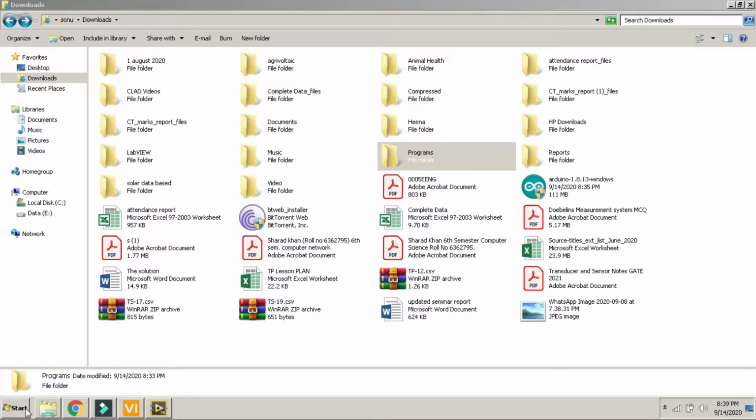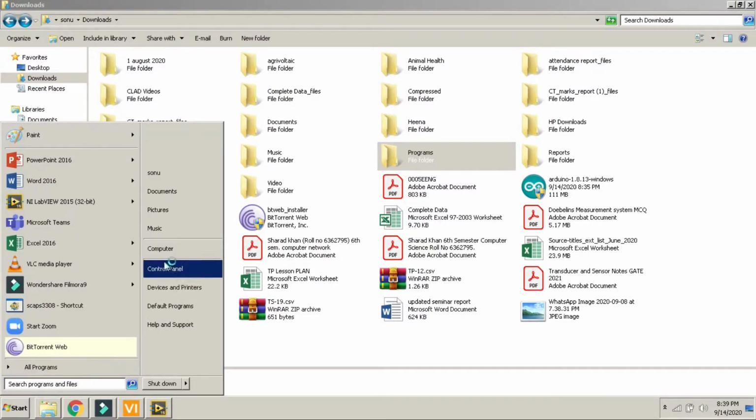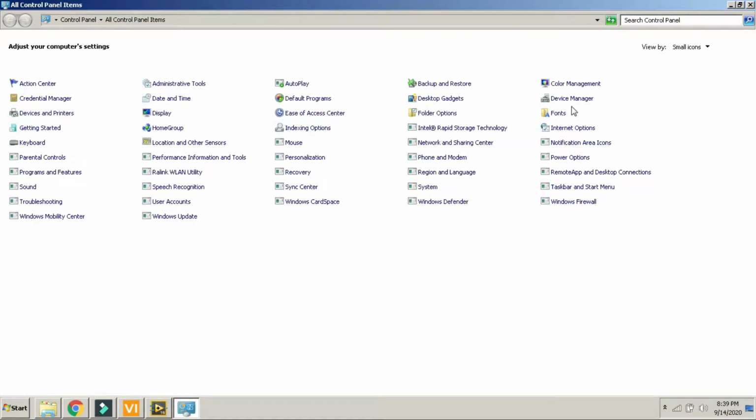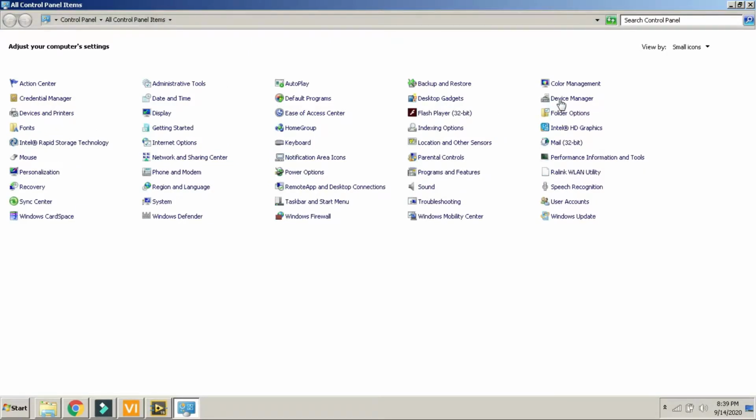Okay, so to verify this, I'm going to the control panel. In the control panel, go to the device manager. Here is the device manager. In this device manager, we got a COM port.